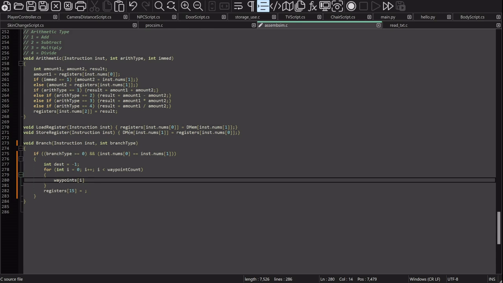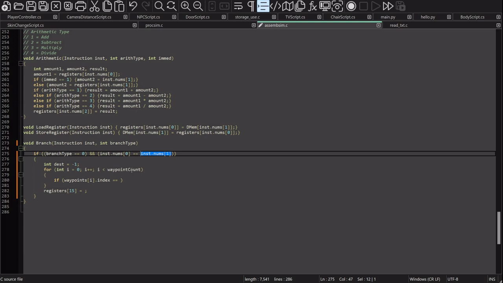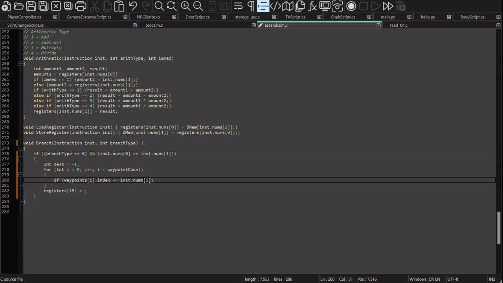So if waypoints i dot index is equal to the number we have, instruction dot nums 2,